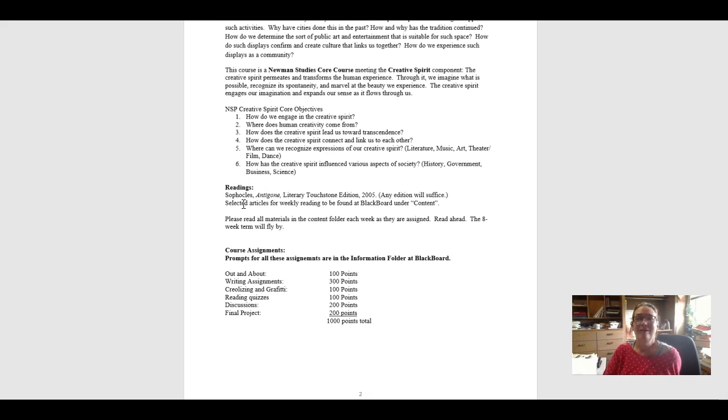Yes, you can get it online. You can get electronic versions. I've actually ordered a copy through our Newman University book service. And it's because the translation is pretty accessible. It's a very short play, but sometimes if you get a translation online or you get a Kindle version, an e-reader version, it's because the copyright's out of date. And sometimes those translations are a good 100 years old. Sometimes they're really great, don't get me wrong. But if you don't mind spending the $4 or $5 on the copy that I've suggested, I think you might find it a little more accessible, a little easier to read. So do get that book.